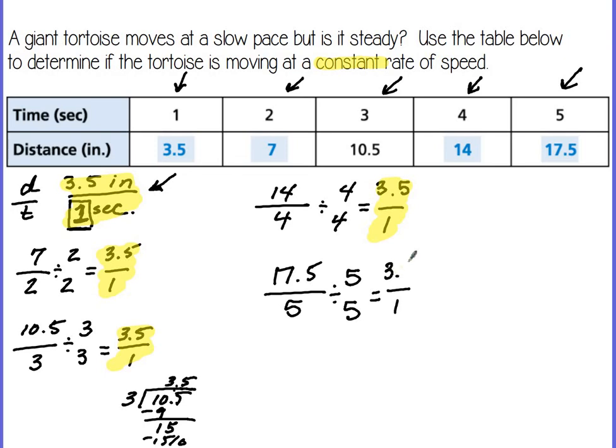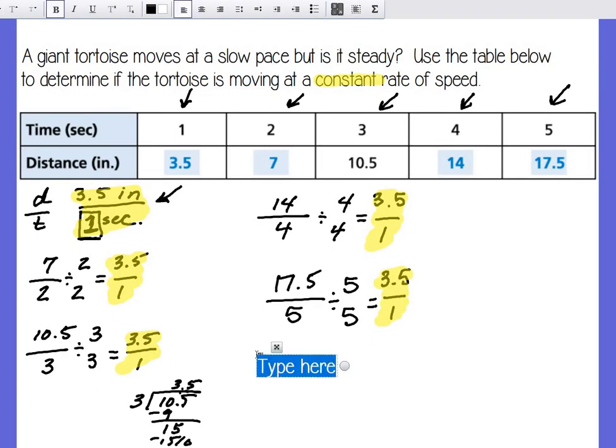So this tortoise, no matter how long he's walking for, he walks at a rate of speed that is equivalent to 3.5 inches in 1 second. So because of this, I can determine that yes, this is a proportional relationship. And the constant of proportionality is